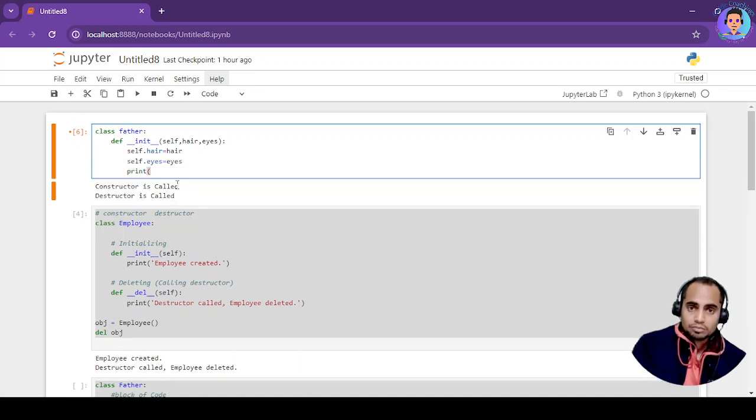So I'll write print, then I'll format it and write the values.